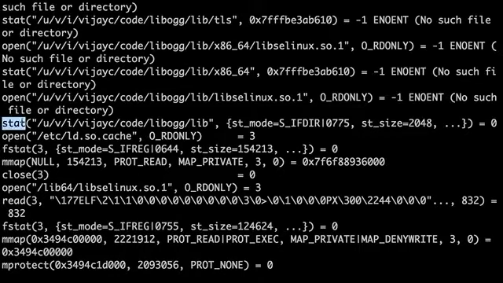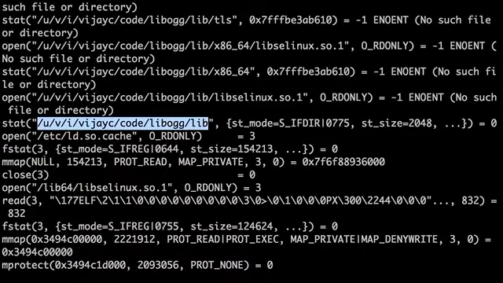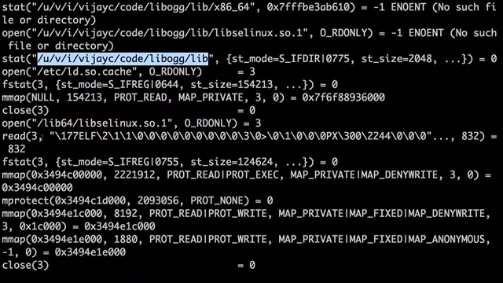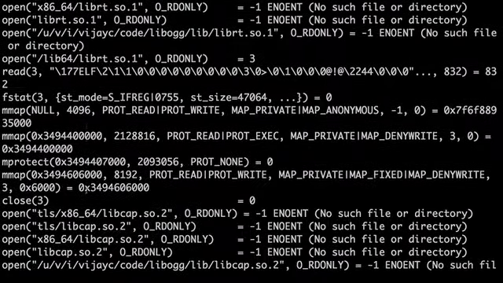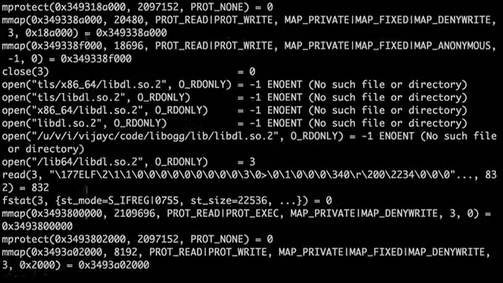You can see that it also calls the stat system call. Stat is very useful if you want to find out if a particular file exists or not, but you don't want to do anything with it yet. If the call returns 0, it means that there is an actual file there. So it's using this to figure out if there is a lib folder there. It does more mmap, more close, a lot of stuff in a very similar vein.